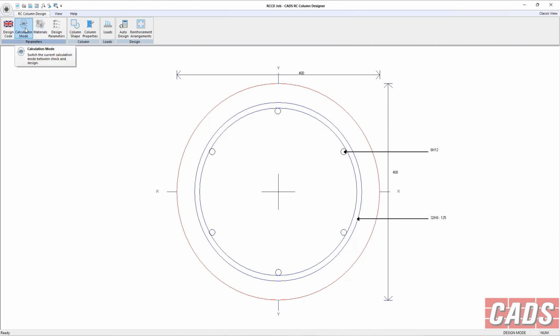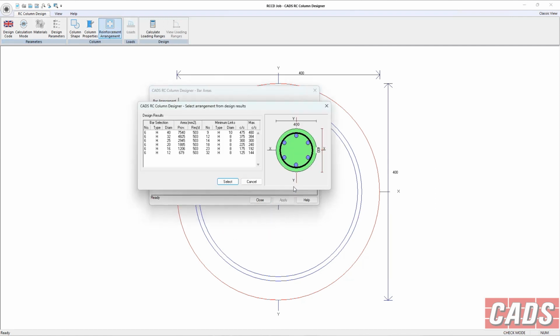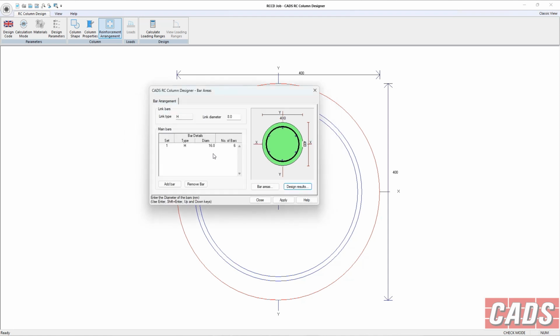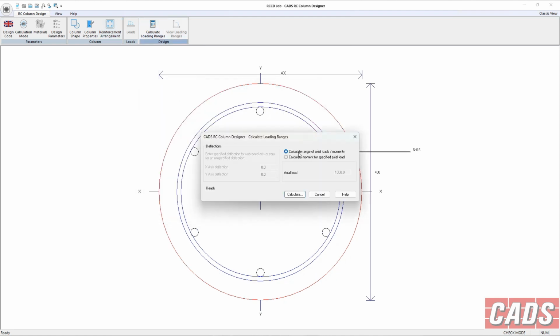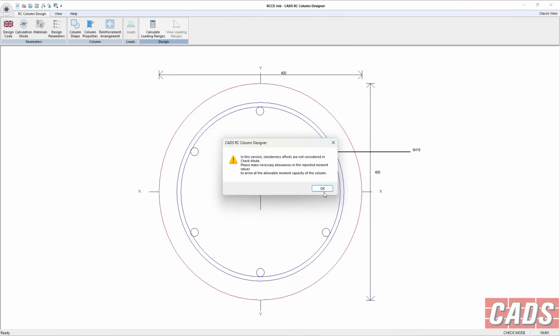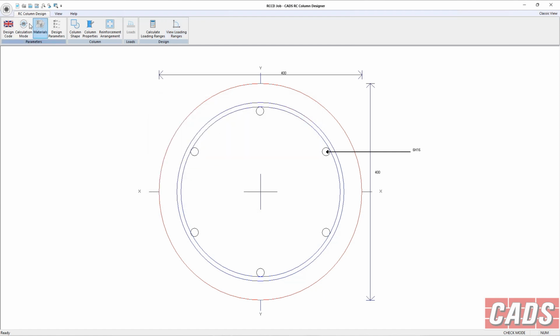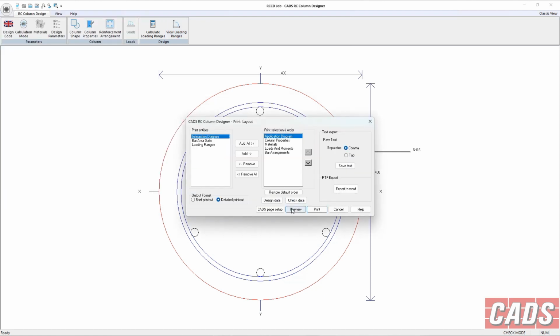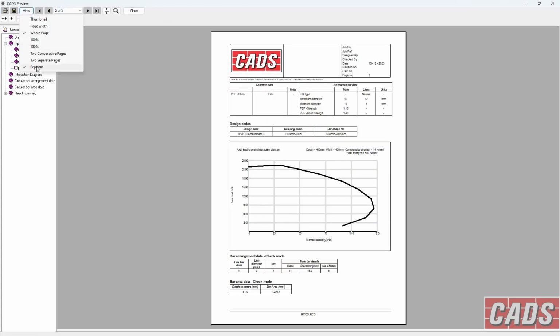The other mode you can work in, by the way, is the check mode. So again, for the cage that we've just designed, it then offers you the choice of which one to use to work out the MN curve, or you can indeed put this in yourselves. So let's say 16s. So this is something you can put in directly, or you can pick from the design information, and then we run the calculation to work out a range of axial loads and moments that work, and that gives us all these values, which is nice and dandy, but it's nice to see it in a curve, this interaction diagram. So it's a check data, preview, and you can see then, there we go,